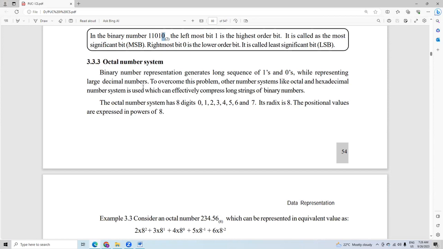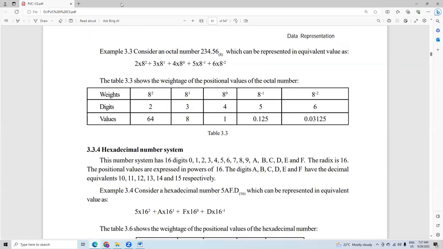The positional values are expressed in powers of 8. In decimal, we saw that the positional values are expressed in powers of 10. In the binary number system, the positional values are expressed in powers of 2. In the same way, in the octal number system they are expressed in powers of 8. So there is a value